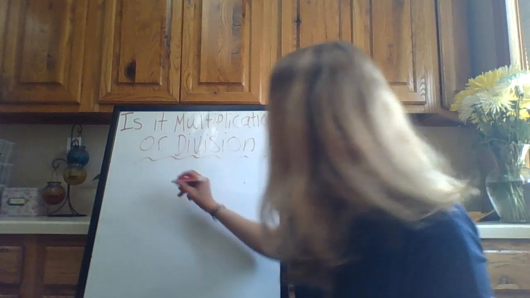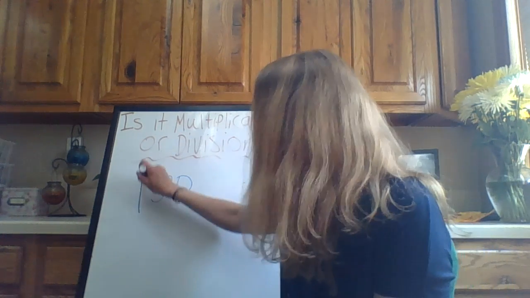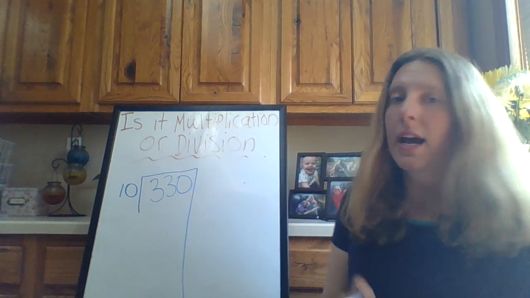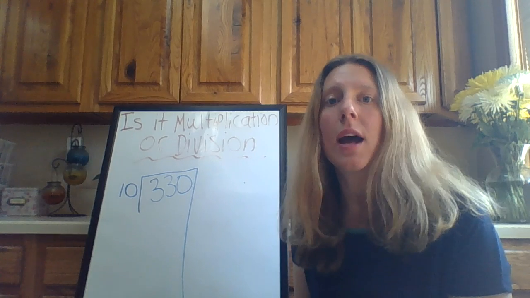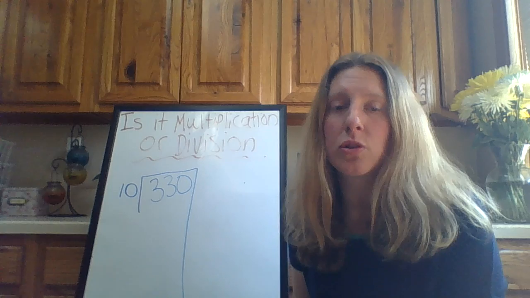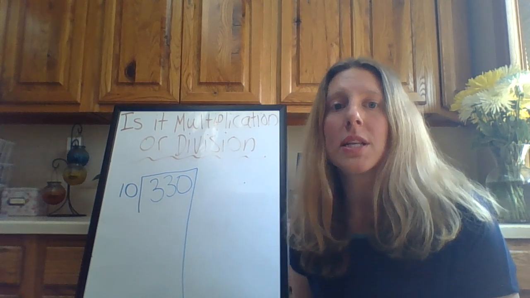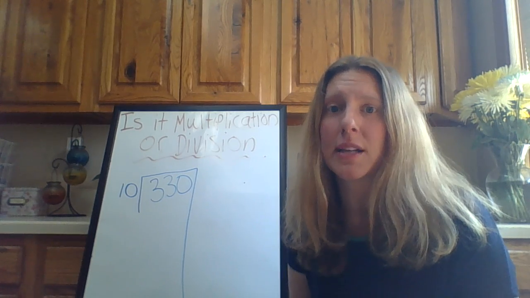So I have 330 pencils divided by 10. Because the 330 pencils that he has came in packs of 10. And I am trying to figure out how many packs he bought. So step one in partial quotients is to multiply. So I'm asking myself right now, what times 10 is going to get me as close to 330 as possible